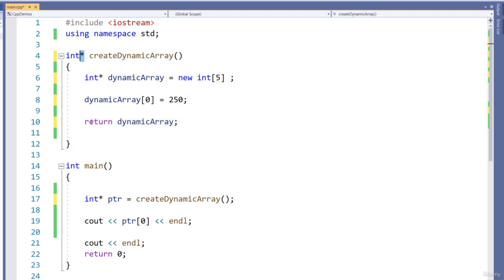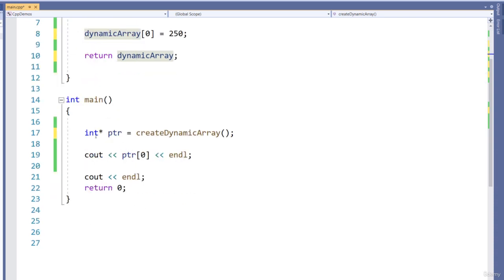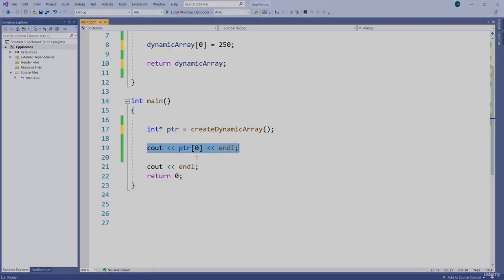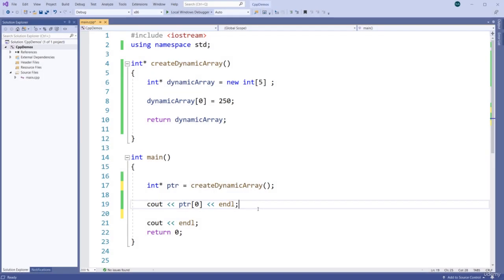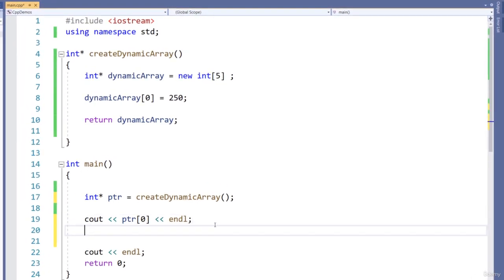And we are going to return a pointer to that object on the heap. Here we have a pointer to an integer, we are returning a pointer to an integer. And we are assigning that here, right, using this function. And we just print that out. Actually, one thing before I run this program and end the section off,